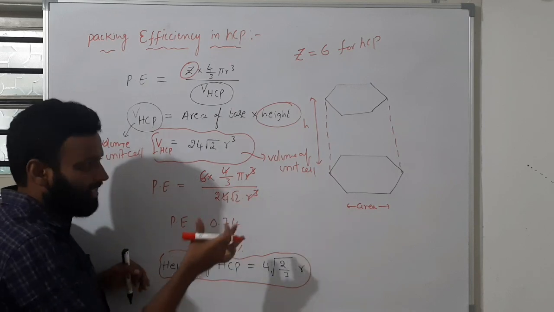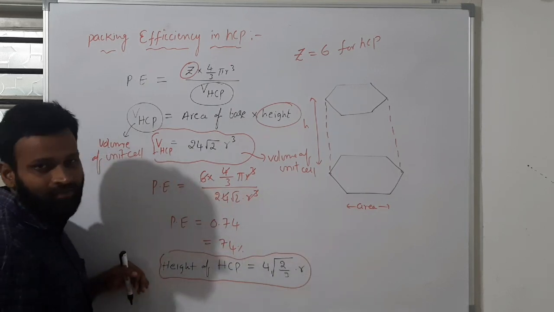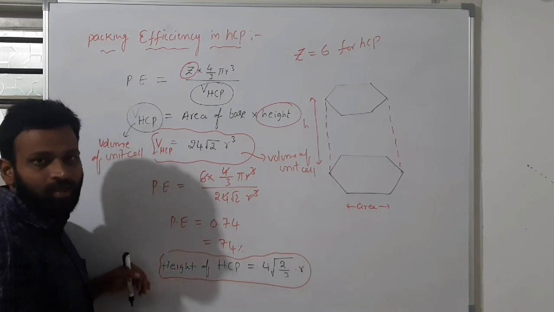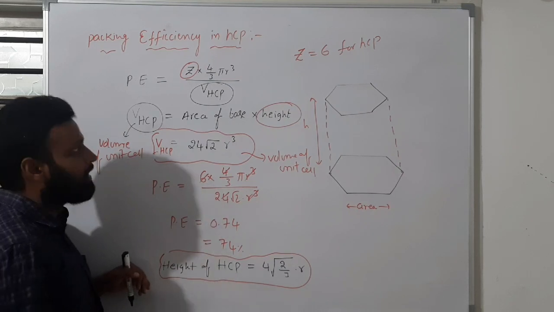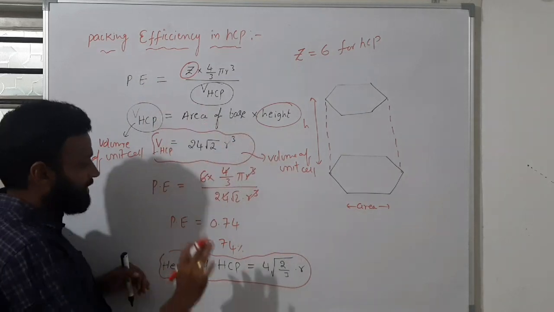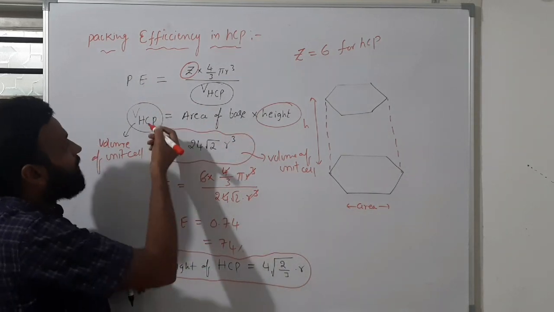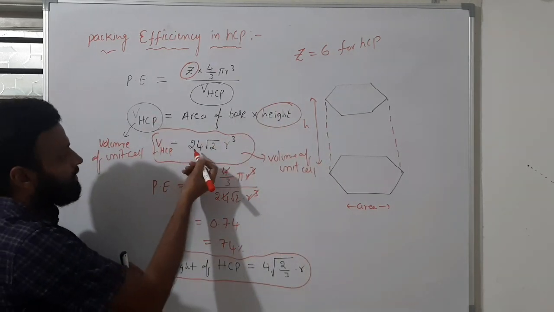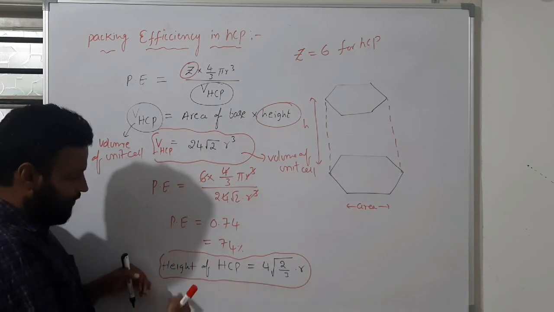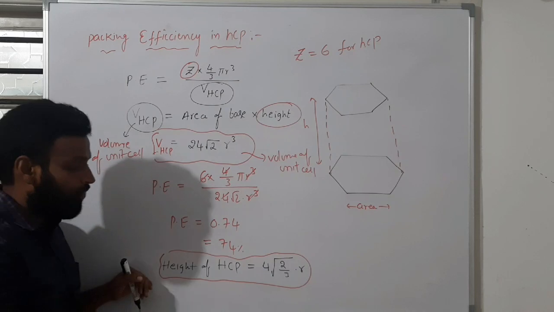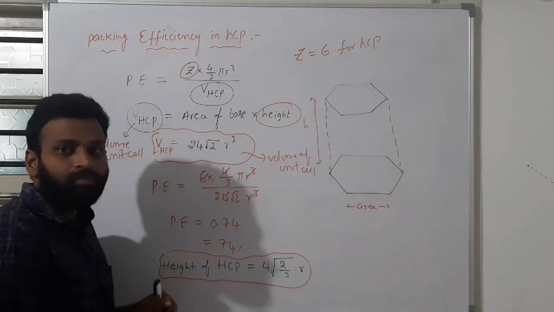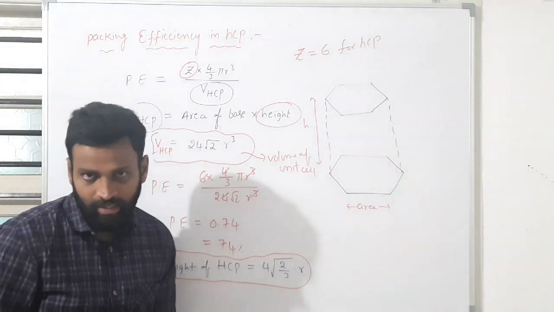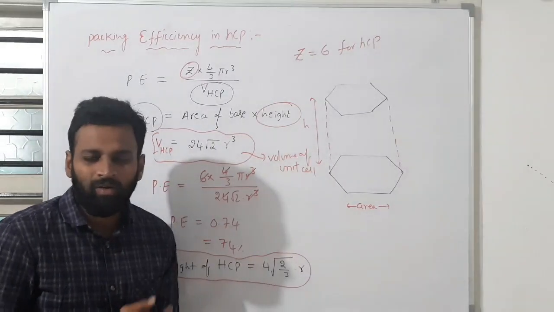Okay. These calculations are there. How it comes like that you can derive, but it's not necessary for us here, because HCP is not there in our NCERT. Get it? So you must know this packing efficiency, how much, and it is better to have V HCP like that. I gave V HCP as 24 root 2 r cube, packing efficiency is 74, and height of HCP also I gave, 4 root 2 by 3 r. Okay, so these are all formulas better to remember. Now let's see some numericals based on this, density and all, radius and all.